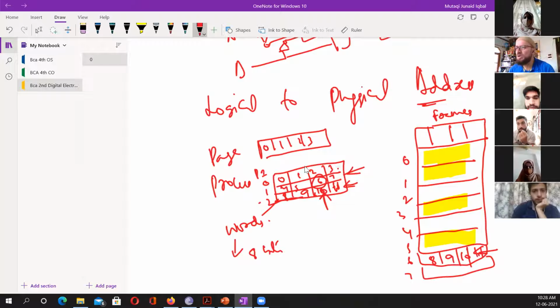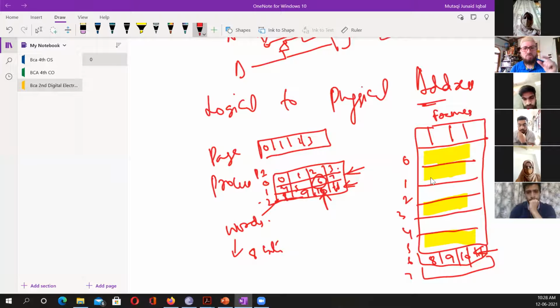Because this is my process, I have to load them somewhere in RAM, and I'm loading it wherever I get space. I don't care where the space is. It's non-contiguous. I don't have to go sequentially, 0, 1, 2 इधर, फिर उसके बाद ये. मैंने 8, 9, 10 इधर डाला, 0, 1, 2 ऊपर हो सकता है, या 8, 9, 10 ऊपर हो सकता है, 0, 1, 2 नीचे हो सकता है, जहां मिली जगह. फॉर एग्जाम्पल मैं ये जब लोड कर रहा था, ये वाला खाली हो गया, बाकी बंद था, तो यहाँ डालूंगा. जिधर मर्जी उधर डालो, कोई बंदिश नहीं है, because it's a non-contiguous memory allocation.